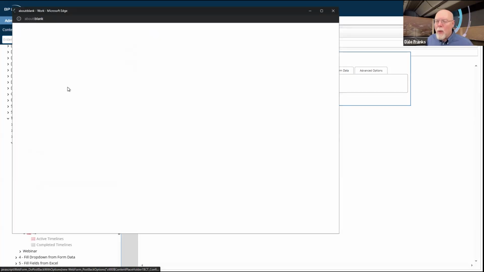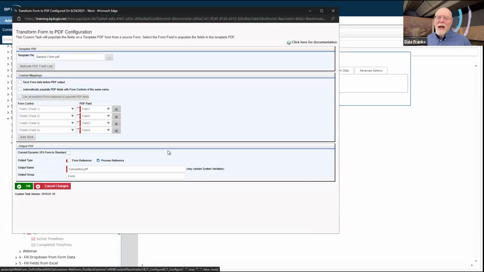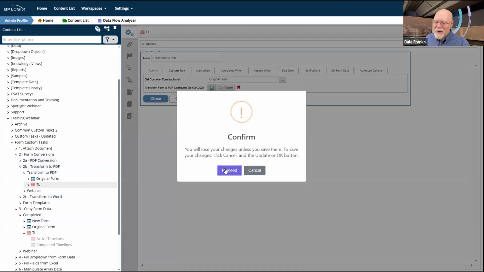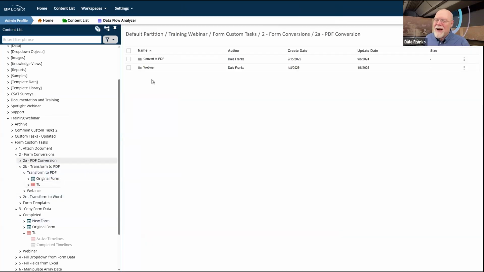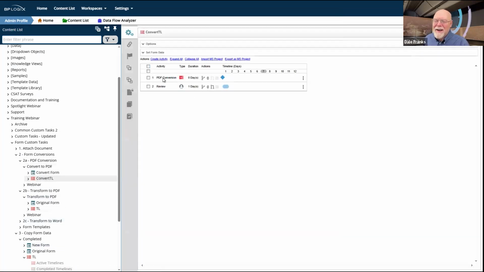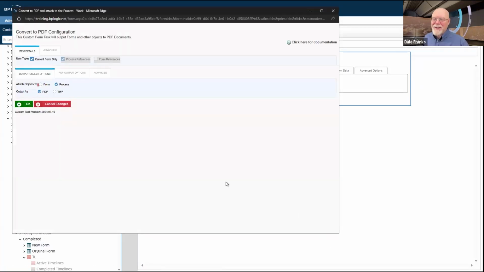And one of the reasons why it is important is not simply to take a document or a form or a collection of forms and document attachments and export them into one big PDF file, which is one of the most common uses for the convert to PDF custom task. And that is transform form to PDF. That is not convert. I need to go, sorry, to PDF conversion. I was way in the wrong custom task. There we go.